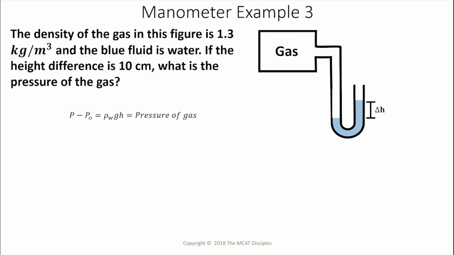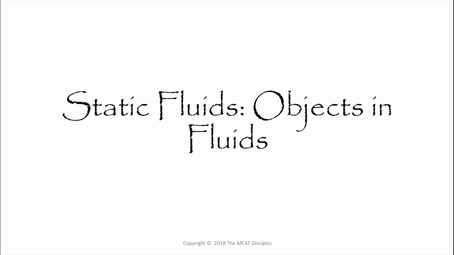Anyway, you want to know what the pressure of the gas is? Well, the pressure of the gas would be P minus P0 equals rho gh. And now the gauge pressure is the pressure we're interested in. We're not interested in atmospheric pressure. So it's just P minus P0. Now, you could plug in rho gh, and that will get you your answer, which is 10 to the 3 pascals. That's the added pressure from the gas alone. Not too bad, huh? All right, my friends, we'll move on to objects and fluids.